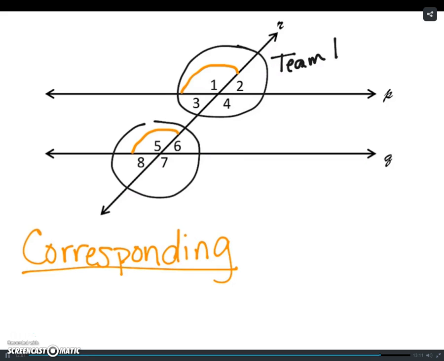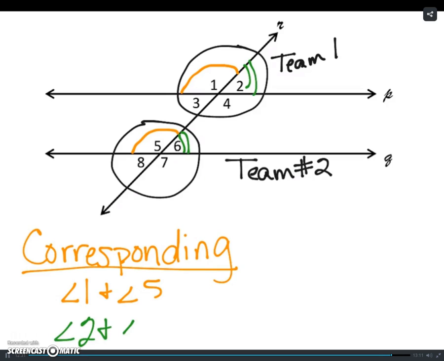And my bottom set of angles down here is like team 2. And so I think of these as they're angles that play the same position. So for example, angle 1 and angle 5 are corresponding because they are both in the top left corner of their team. Okay? Angle 2 and angle 6